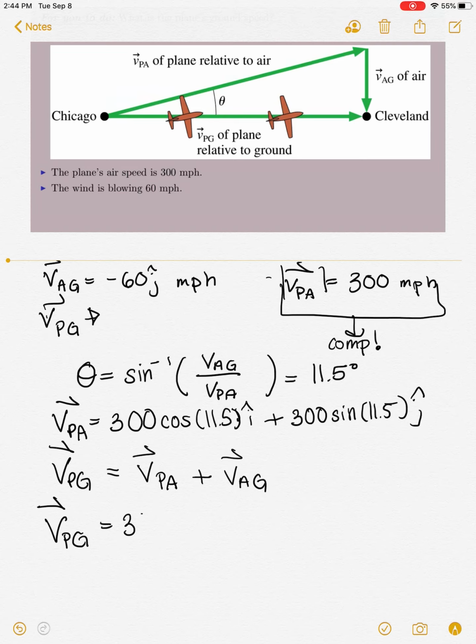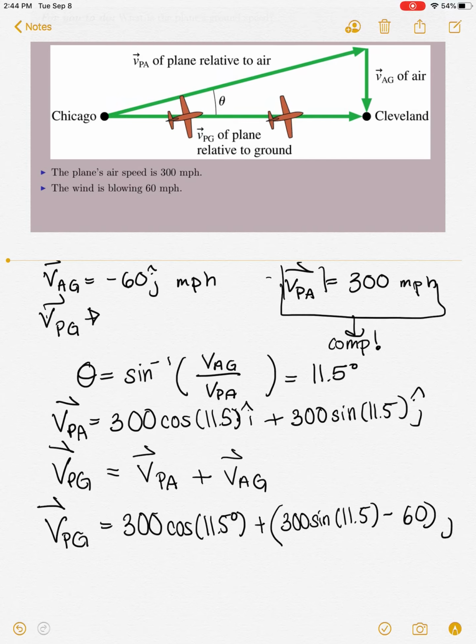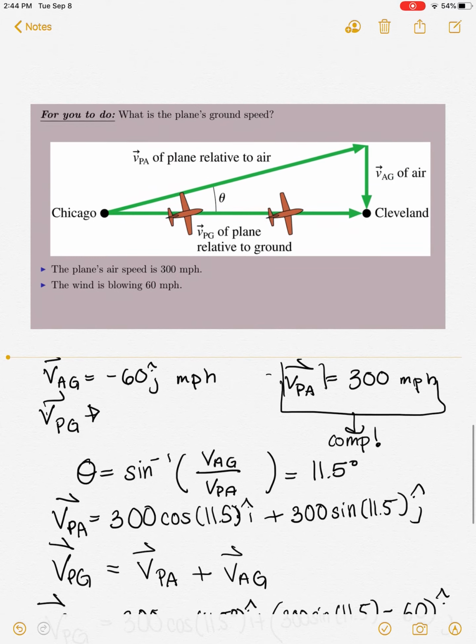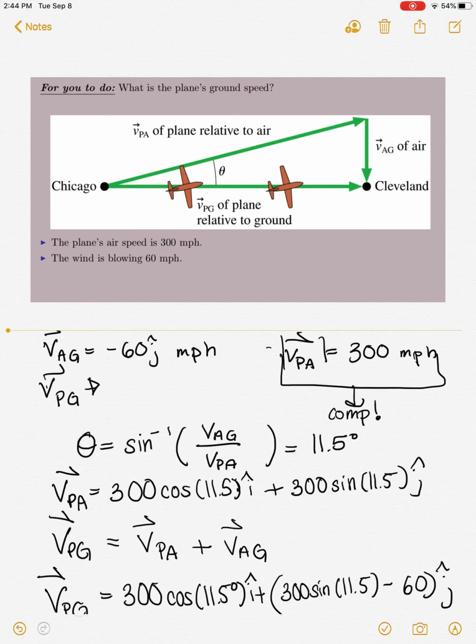So then I get VPG is going to be equal to 300 cosine 11.5 degrees plus 300 sine 11.5 minus 60. I have to add in the j hat and the I hat here. And then whenever I go about and figure out the overall components,